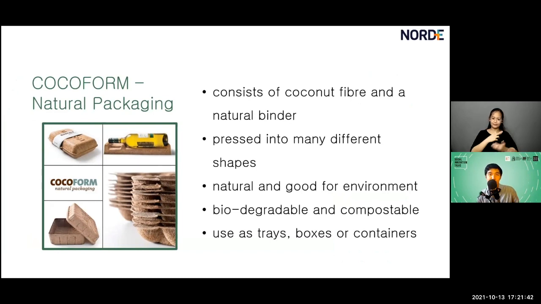So they took cocoa fibers, which is actually a very big industry here in the Philippines, and they were able to revolutionize the process in how they work it. By combining it with that binder and using heat pressing, which is used traditionally for other materials like plastics, they were actually able to create a new function for the material. It can serve as these secondary or primary packaging. It can serve as trays, boxes, or containers. And their goal is that